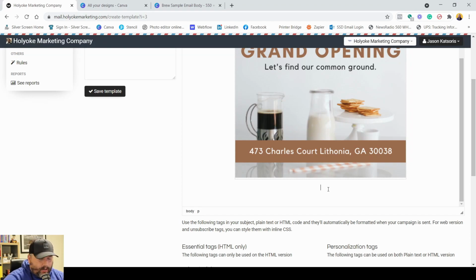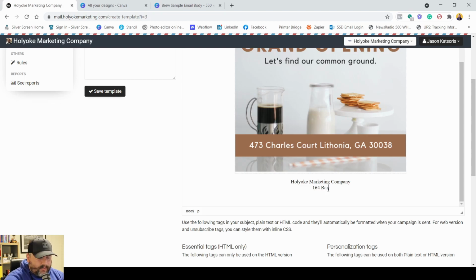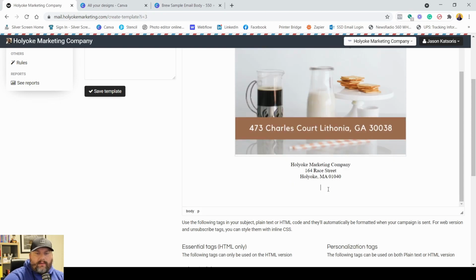To follow best practices for spam rules, it's always best to have your company name, address, phone number, and an unsubscribe link in the footer of all of your emails. So this is exactly what I'm going to do here. I'm going to do Holyoke Marketing Company. I'm going to do 164 Race Street, and then a hard enter. Click here to